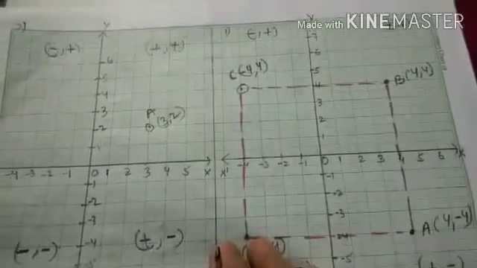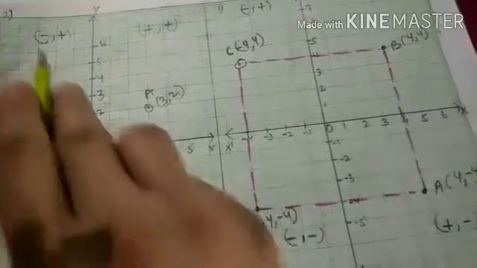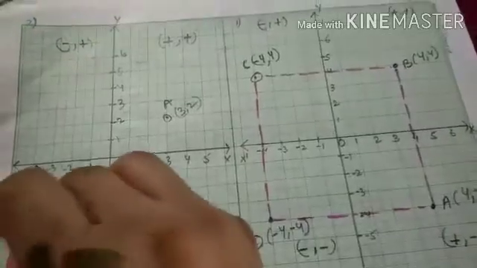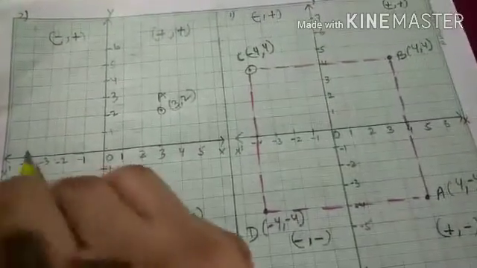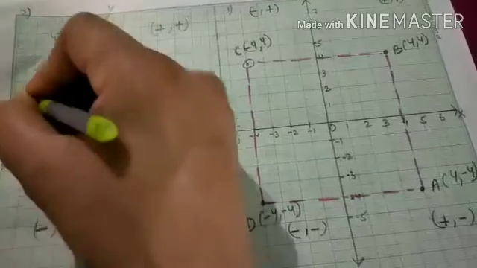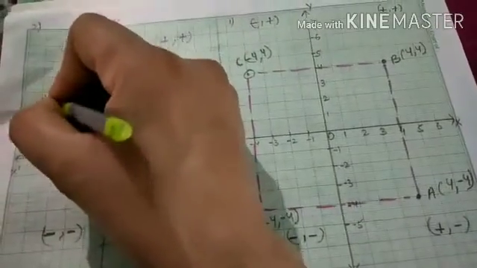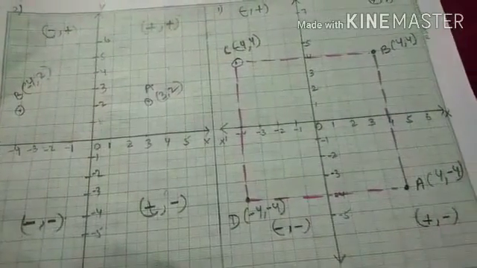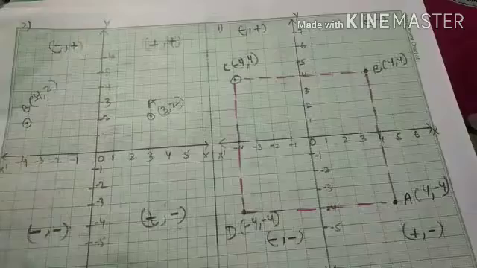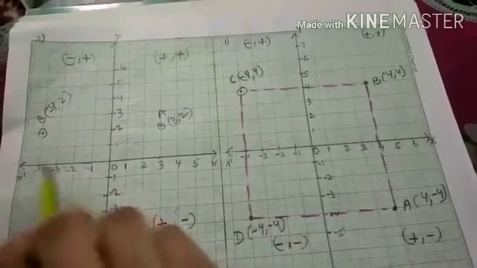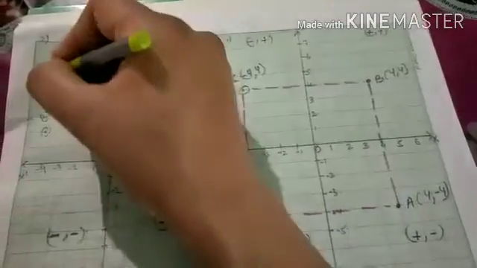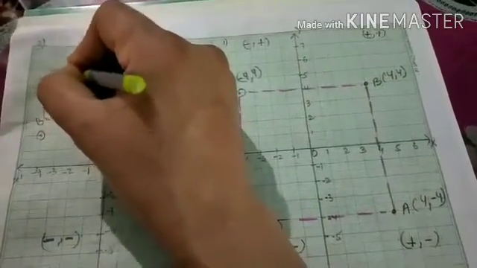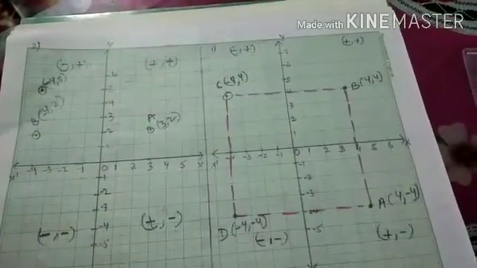Okay, (-4, 2). Now -4, minus and plus, in the second quadrant. This is -4 on the x-axis and 2 on the y-axis. This point we can say is B, (-4, 2). Okay. Now the third point, (-4, 5). -4 and 5 we have. In the positive direction we have -4 and 5.